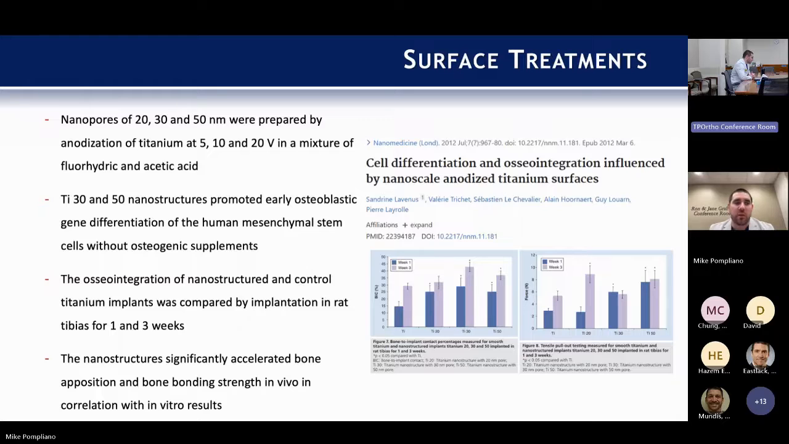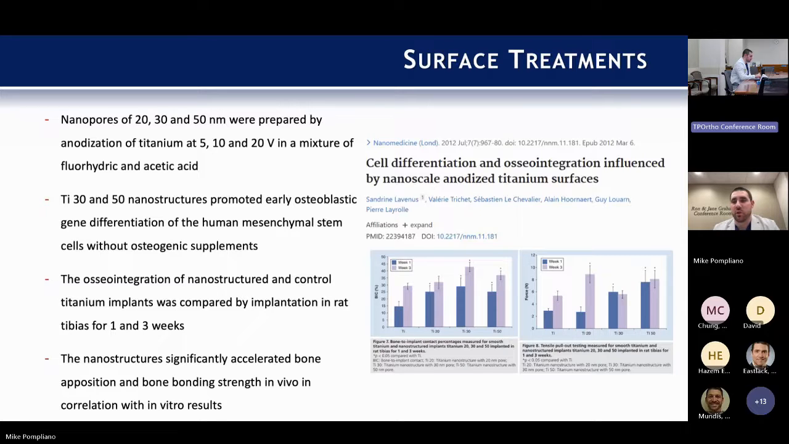This looked at essentially nanopores of 20, 30, and 50 nanometers in different volts and two different acids, looking at cell differentiation and osseointegration. Essentially, they found that the 30 and 50 nanostructures promoted early osteoblastic gene differentiation, so different types of cells as well. And then this was compared by implantation to rat tibias at 1 and 3 weeks. The nanostructures significantly accelerated bone apposition and bone bonding strength in vivo, and that correlates with in vitro results that